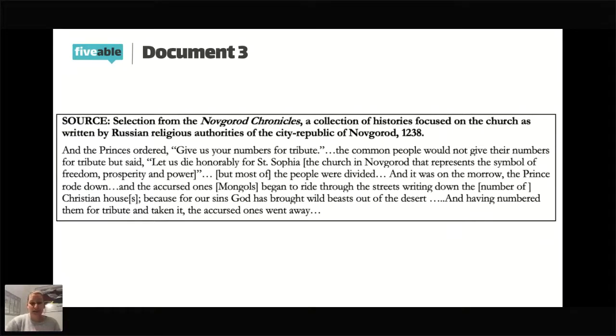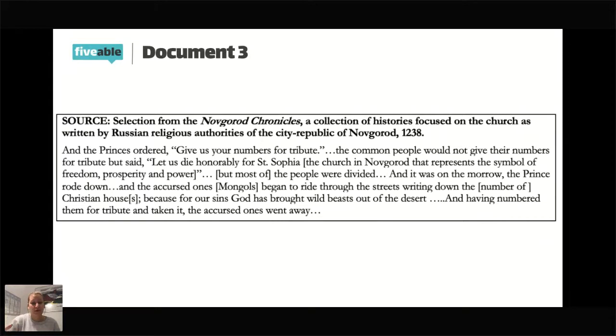So what is the impact here? It's talking about tribute. So let's tie it to the historical situation. This, of course, is in Russia. And so we have the Mongols coming into Russia. So we can use our historical situation, what we know about history. We know that the Mongols, as they conquered into the areas of Kievan Rus or modern day Russia, they kind of loosely governed these territories and set up tributary systems,